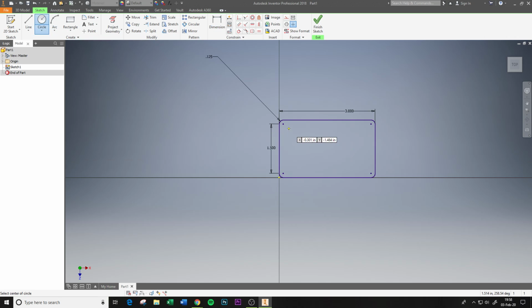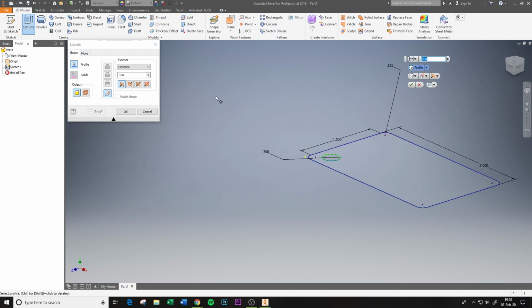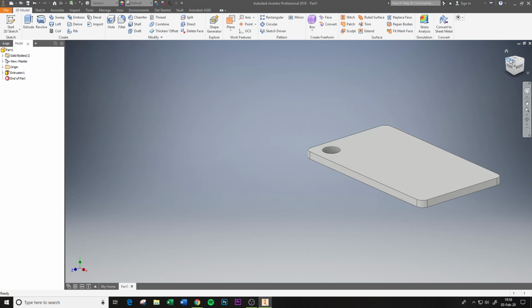And we're just going to put a hole in it where you can place it as you like. So I got a hole there, and the hole we are going to make be 0.3 inches. Okay, so this is option A, and you'll extrude this up 1/8 of an inch. So we're going to extrude this up 1/8 of an inch, and then